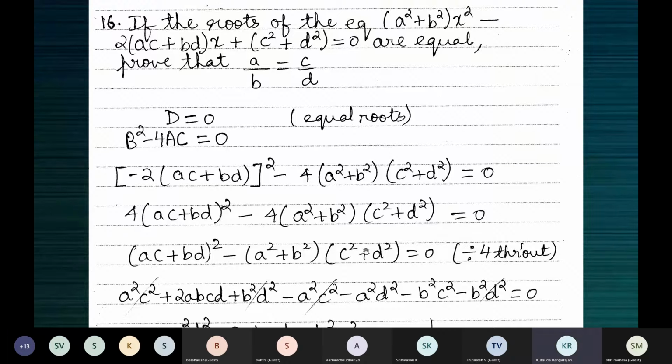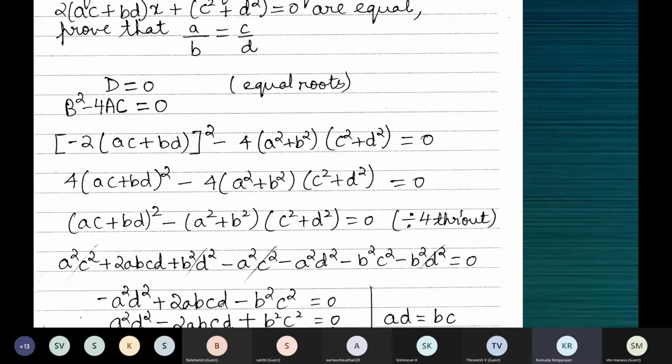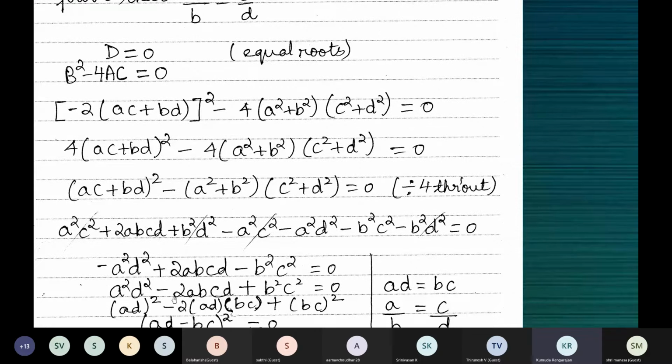Multiply these two terms with these two terms. There's a minus outside, so be careful. So all negative is equal to 0. These terms get cancelled: plus, minus, same terms, opposite sign. They get cancelled and we are left with these three terms. Change the signs throughout, that gives you this one.